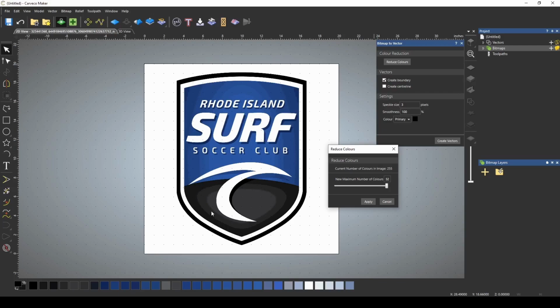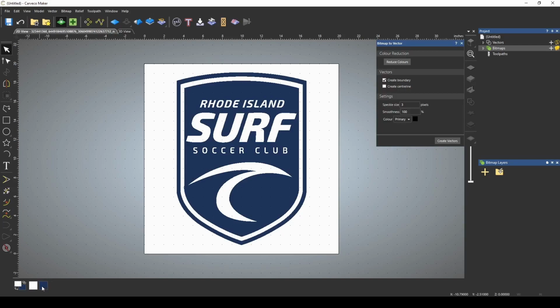When doing the bitmap to vector, it's going to try and create a vector from the pixels in the color. So the more condensed the colors are, the cleaner your vector lines are going to come out. We're going to try and reduce this down to as few colors as possible. If we start moving this slider down, you can see that the colors are starting to combine. And the further down we go, the more it sticks them together. And if we go all the way down to 2 colors, it will have it in 2 base colors, the blue and the white. For this demonstration, this is kind of what we wanted. So we would press apply, and we're left with 2 colors down here, blue and white.